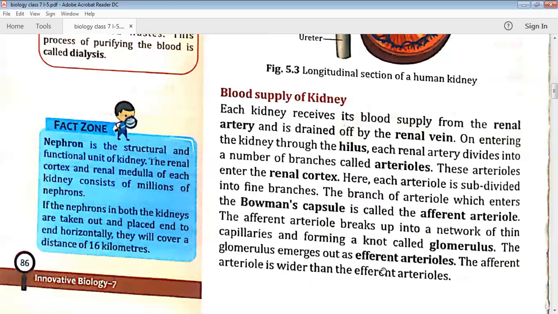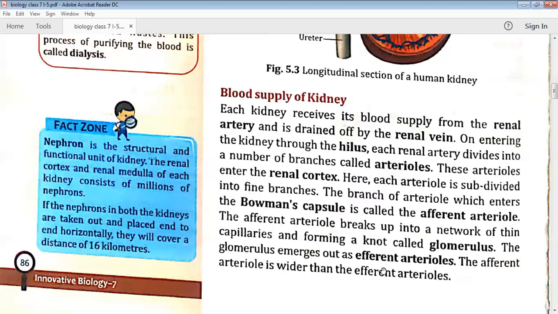The efferent arterioles, after leaving the glomerulus, form a dense network of capillaries called the secondary capillary network. So when the arterioles come out of the glomerulus, they form a secondary capillary network. The tiny vessels of the network lead to larger vessels, and eventually the blood is carried to one of the two renal veins, and then the renal vein will carry the blood back towards the heart. So basically the blood is collected from throughout the body through the renal artery, and after purification through the renal veins it goes throughout the body.